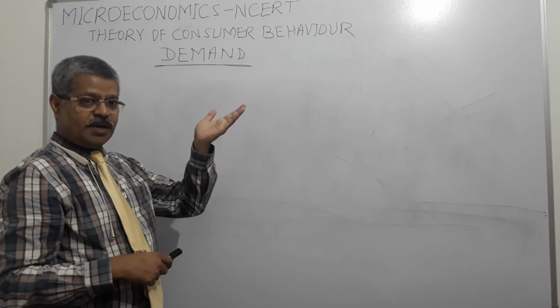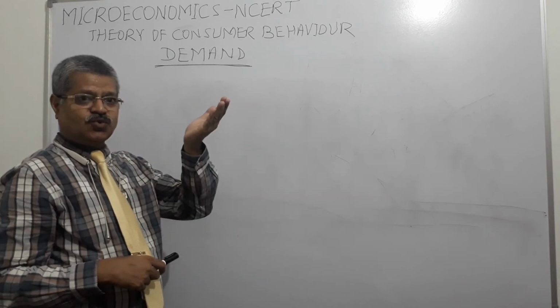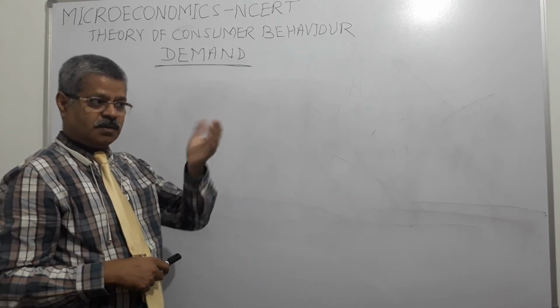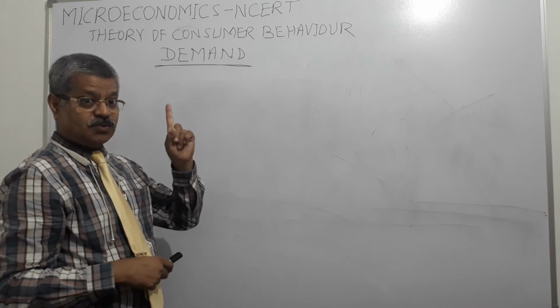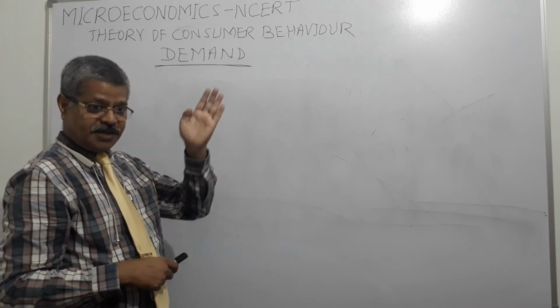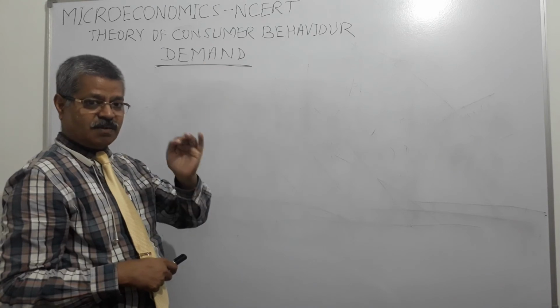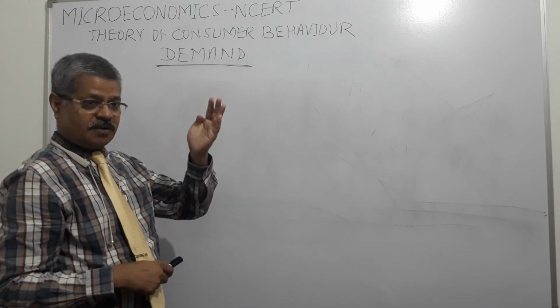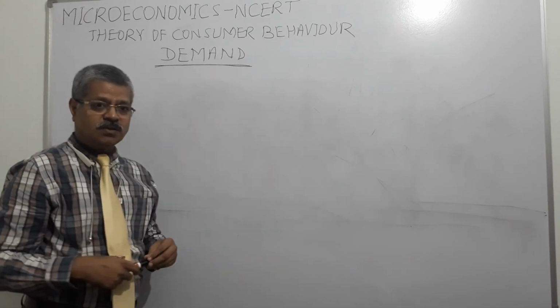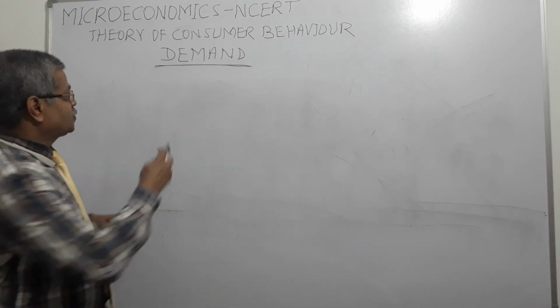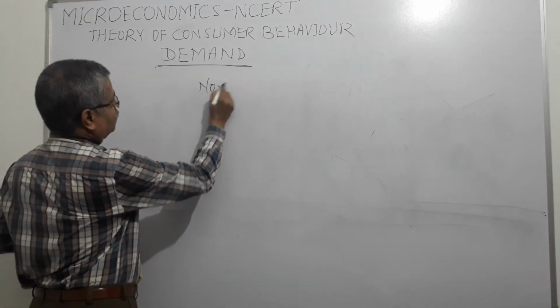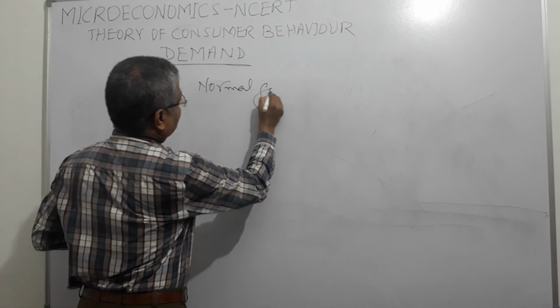My income is going up, my consumption is going up, right? But the correlation with price continues. If price goes up, I reduce my consumption. If price comes down, I increase my consumption. This relationship is called the law of demand for normal goods, right? So now, what are inferior goods?